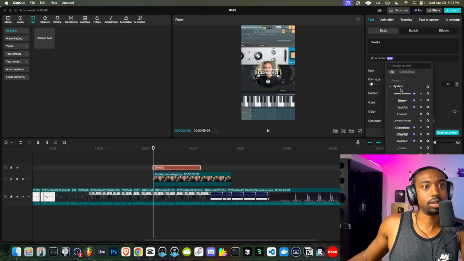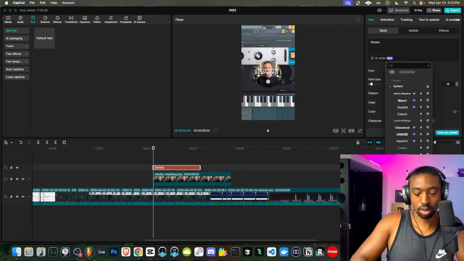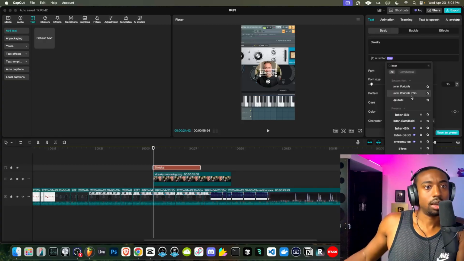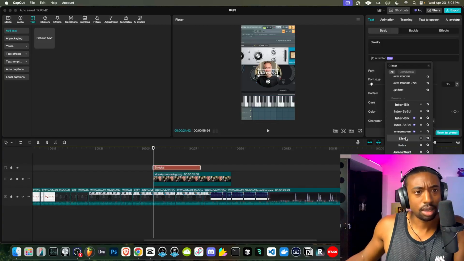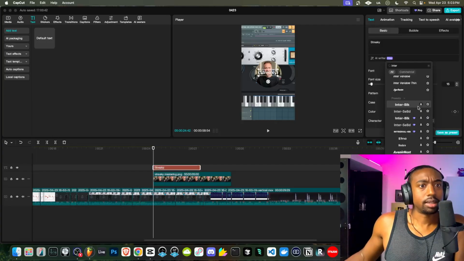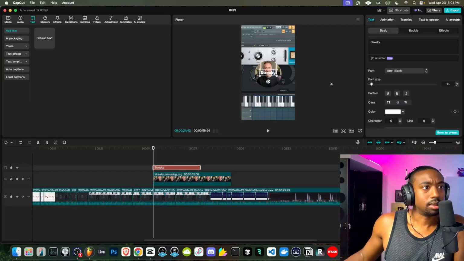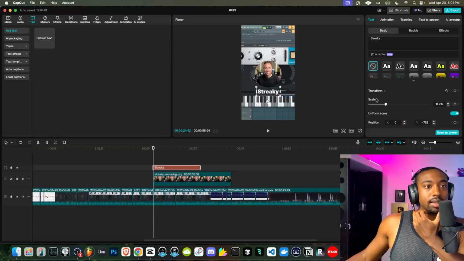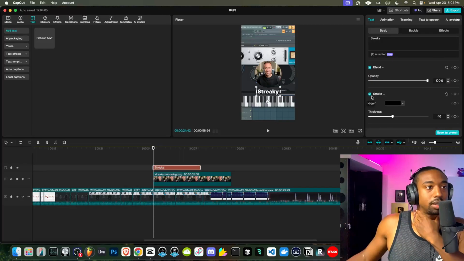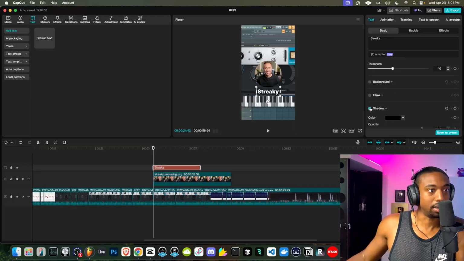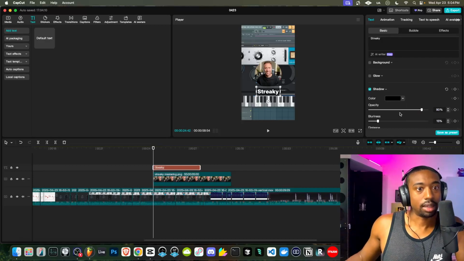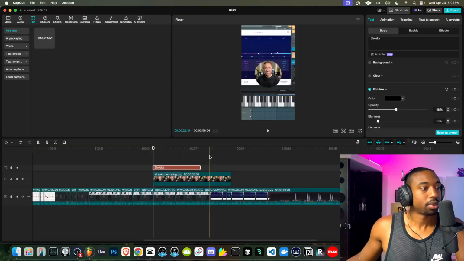Let's change the text to something a little cooler. I forget if we can use system text, but let's do enter, which is a nice general text. Let's do enter black. I think this is the best one. Let's just make it bigger. Boom. And what I like to do with the text is add a background to it called the stroke feature. That's going to add a black outline to the text and make it really stand out from whatever's behind it. You could add a shadow to kind of thicken it up, but let's just reduce the opacity so it's not this aggressive shadow. Okay, so now we have that.